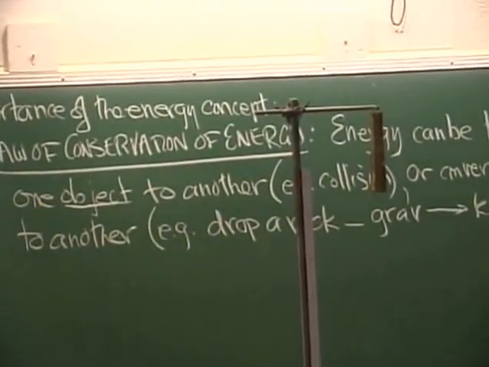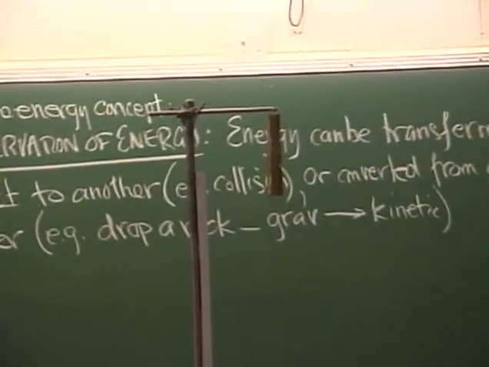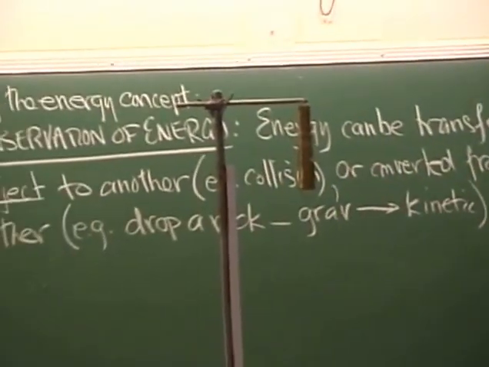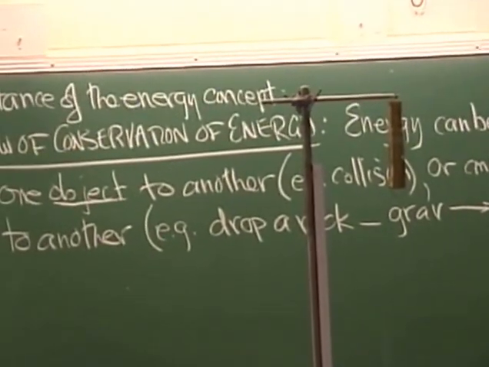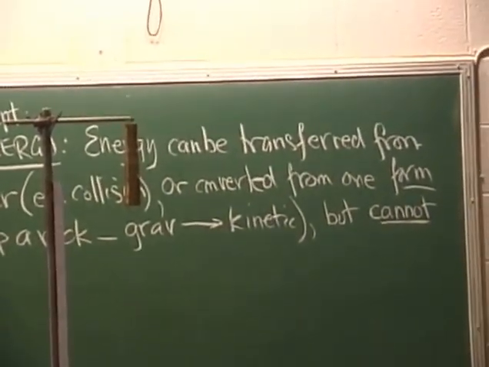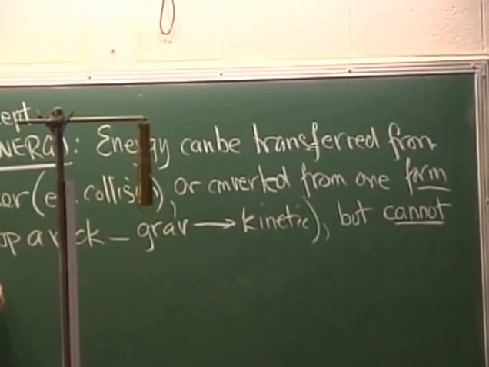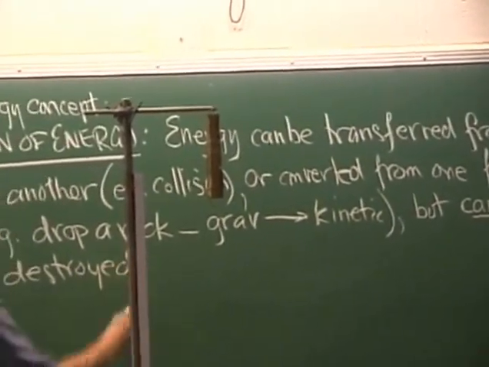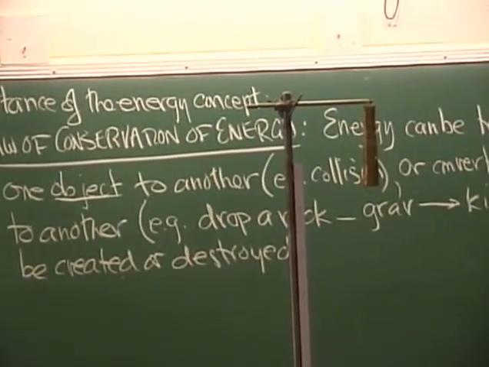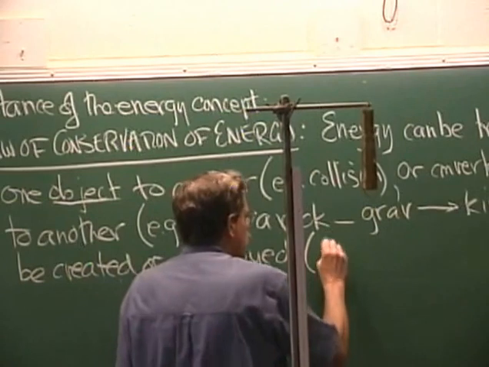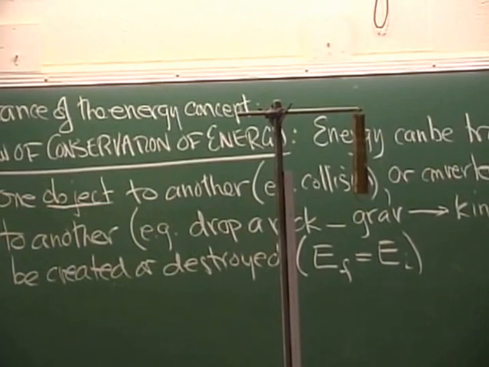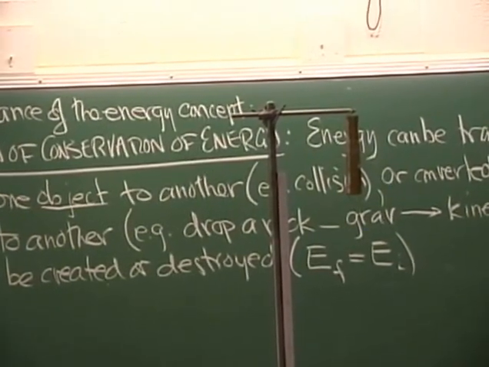So energy is transferred from one object to another, converted from one form to another, but it can never be destroyed. The sum after is the same as before. I could write that formally as E final is equal to E initial in any process. I'm not going to prove that now for you,